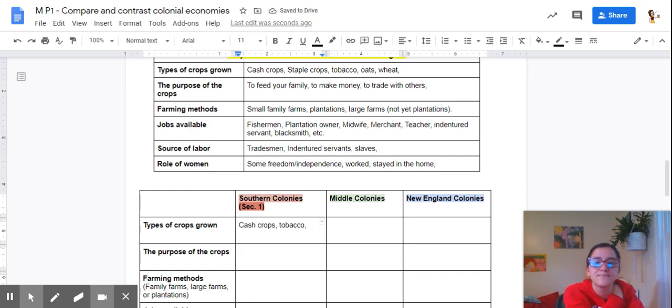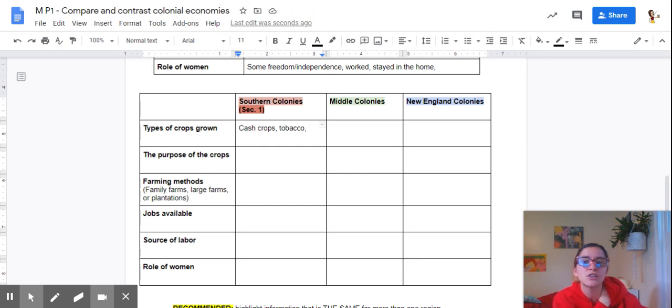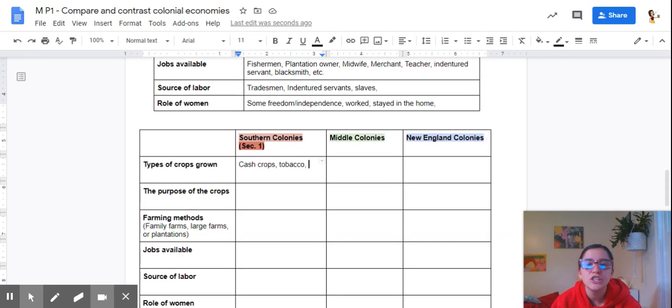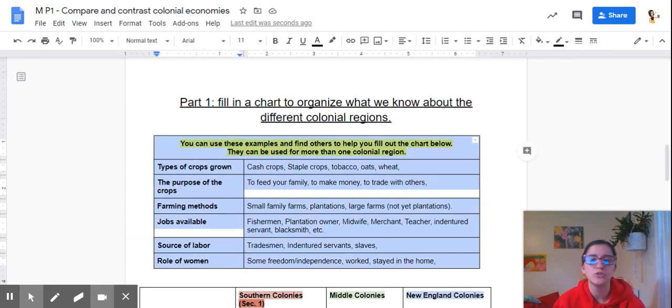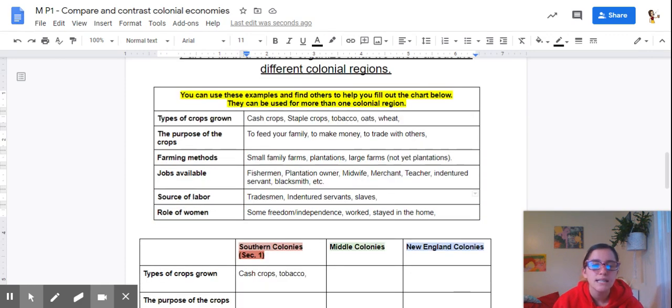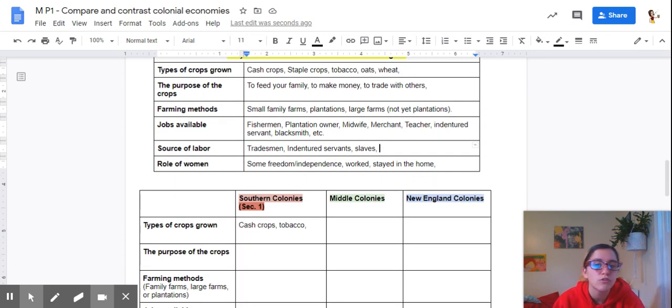Okay, you're going to do this for this entire chart. That is all we're going to do today. We're going to work on this again on Monday. For the chart, I need you to know that all these things up here, don't cross them out once you use them once, right? The point is that you're going to have some repetition, right? We're comparing and contrasting. So what that means is some of the things on here are going to be totally different from each other, yes, but sometimes you're going to repeat things in different colonies,